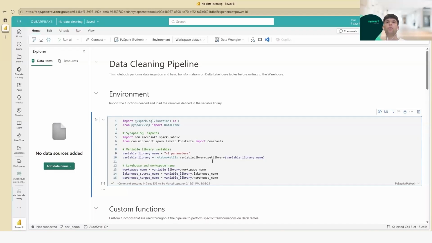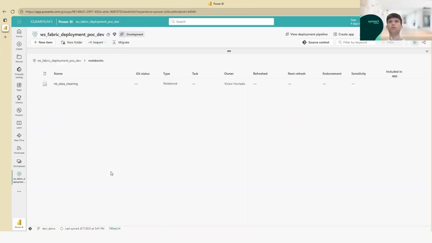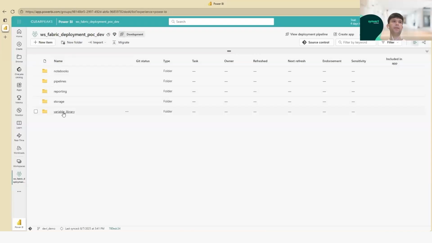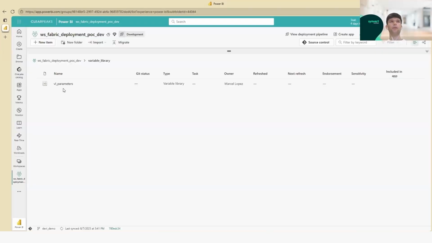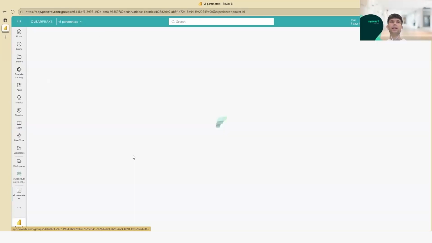Why we need this library? We need this library because when we deploy items to the next stages, we don't need to change manually all the names, so we can use this library to directly get the items from it. So the thing here is where we store all these variables. We have them here in this last folder. Inside we have a variable library, and here we have